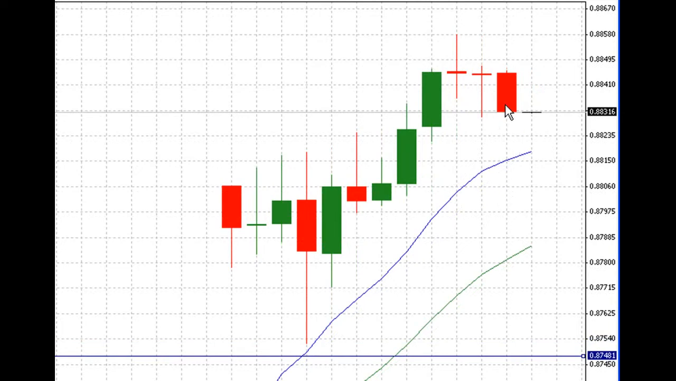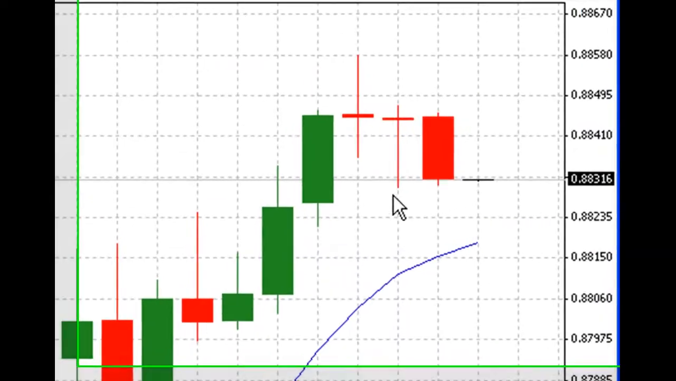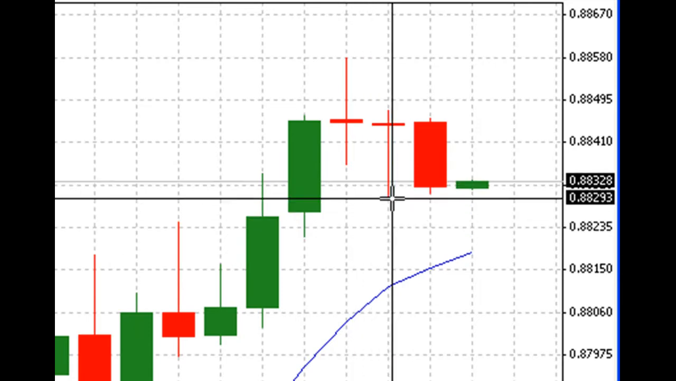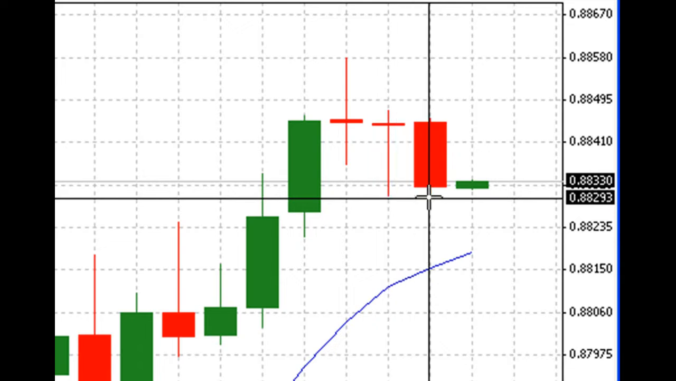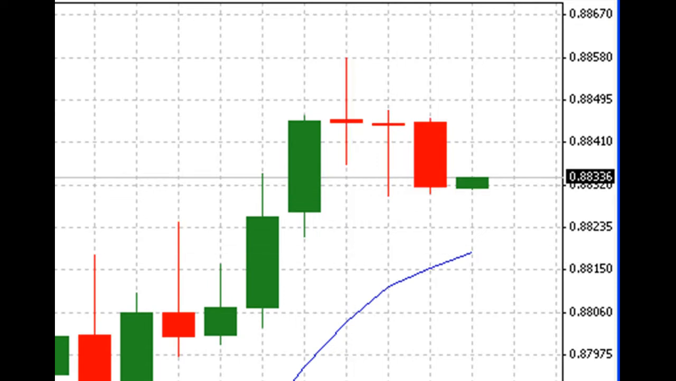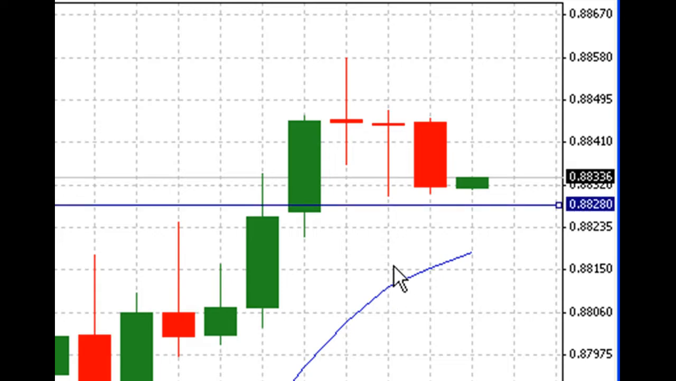Okay, so this bar's just completed, and as we can see, this low has a higher low to the right and a higher low to the left. Therefore, this low is a pivot low. The price of this low is 0.8829 and this low here is 0.88306. So we want to put our stop below this low here, so I'll put it around about here at